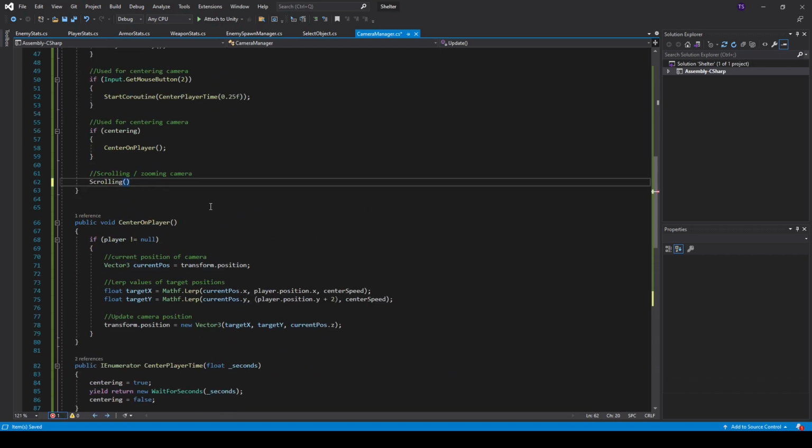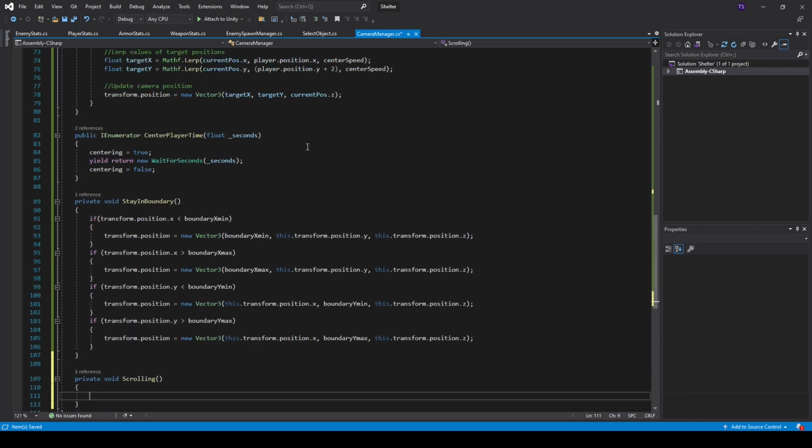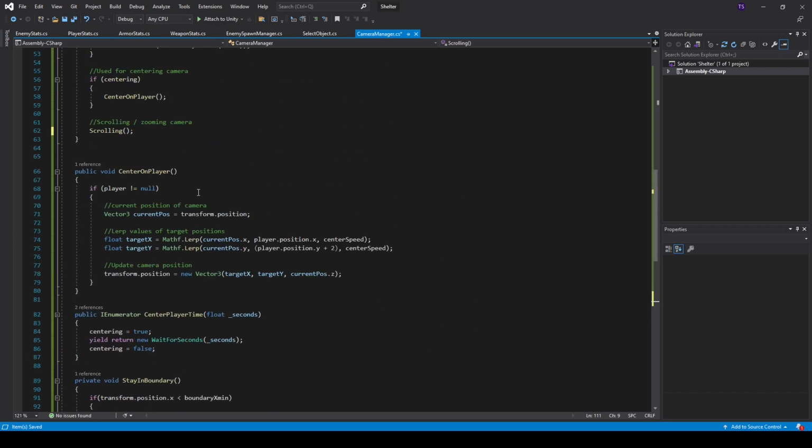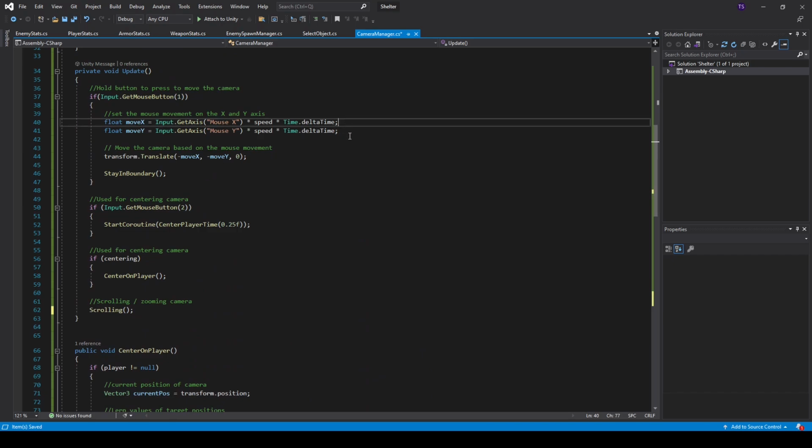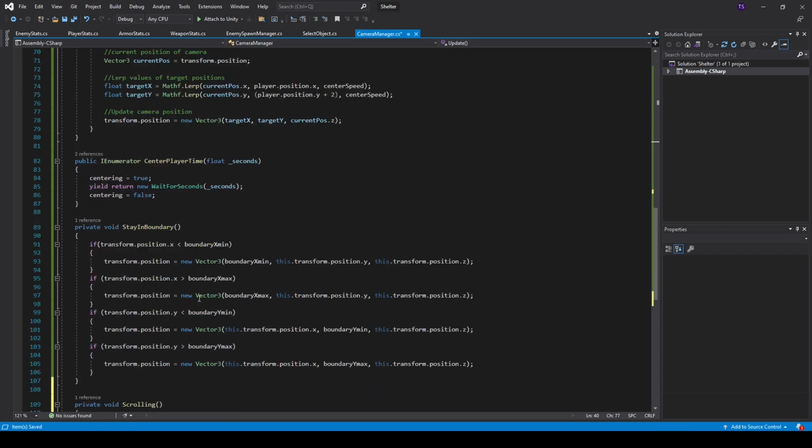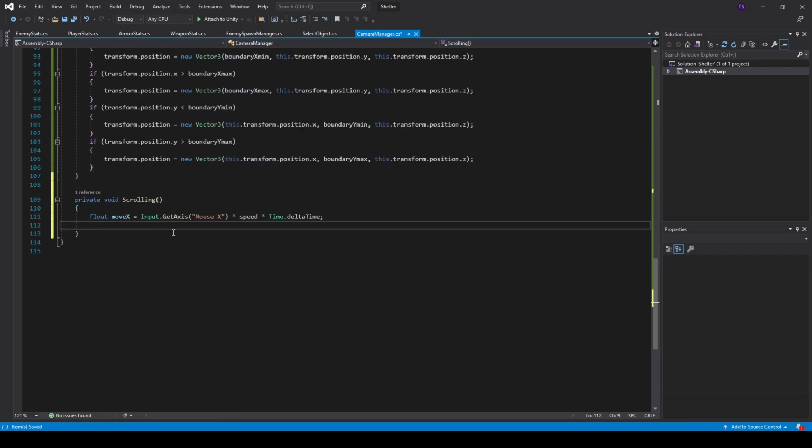And then we'll just put that there. Similar to up here where we got the move X and move Y based on our mouse X and Y positions. We could paste that if you want, or you could type it out. We're going to need the scroll positioning, which should be mouse scroll